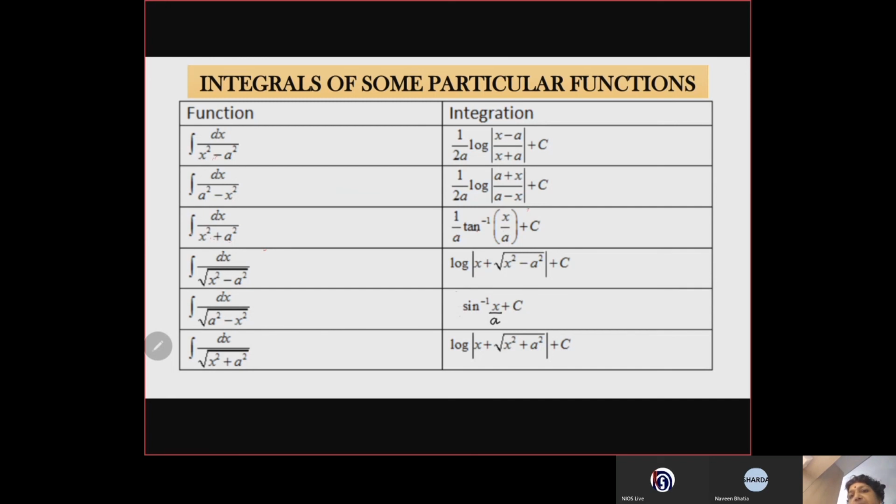अब x square minus a square है, इसको अगर हम फैक्टराइज करें तो क्या बनेगा? x माइनस a इंटू x प्लस a। अगर हम पार्शियल फ्रैक्शंस यूज करें और सिंप्लीफाई करें तो हमारा आंसर बनेगा 1/2a log mod x माइनस a अपॉन x प्लस a। और अगर हमारे पास है 1/a² माइनस x स्क्वायर इंटीग्रल dx, then it becomes इसका उल्टा, यानी कि a प्लस x अपॉन a माइनस x mod 1/2a। ठीक है, so these formulae you are supposed to remember।